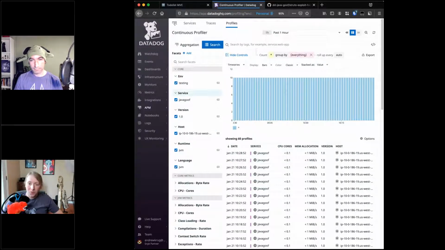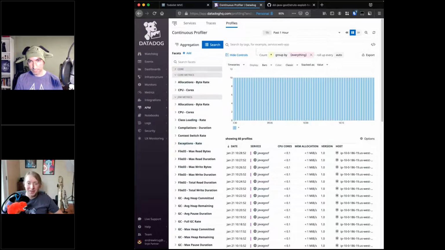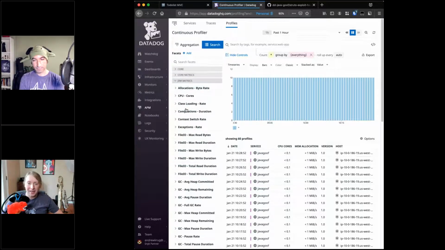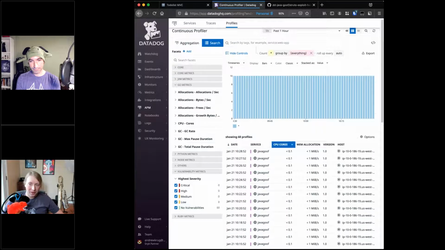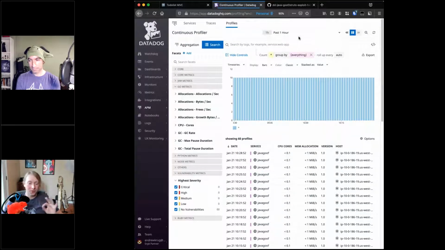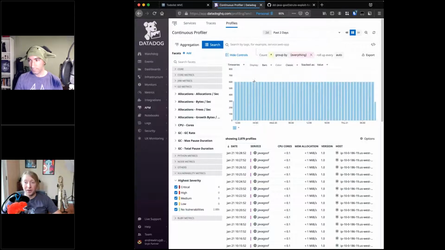If you scroll all the way down in the facets on the left, you'll see one that is called vulnerability metrics, and they're all high severity. There's none in the time window I'm looking at right now, so we may still be waiting for telemetry from that last set of attacks to be delivered. But if we broaden the time window a little bit here, we've been exploiting this fairly consistently and we see that we have a few critical